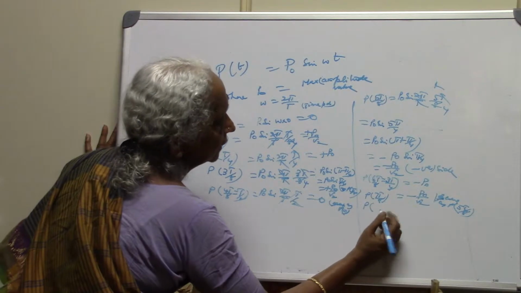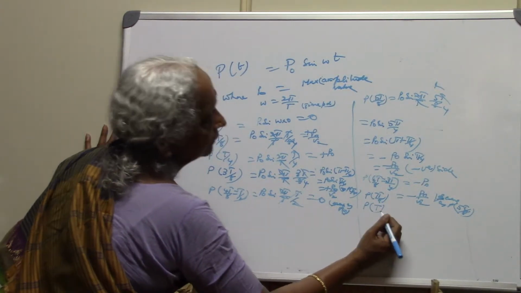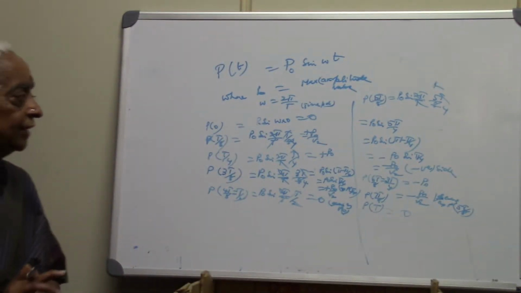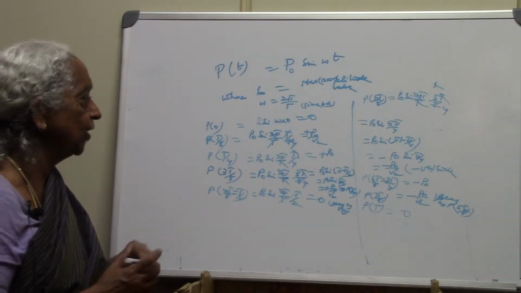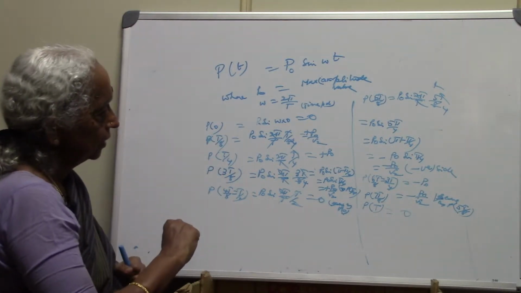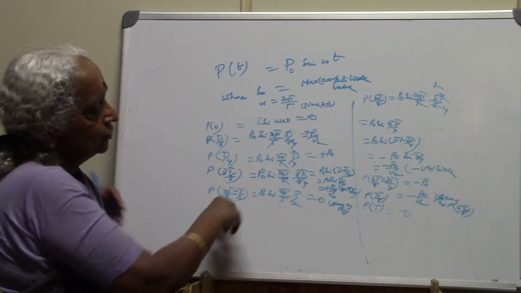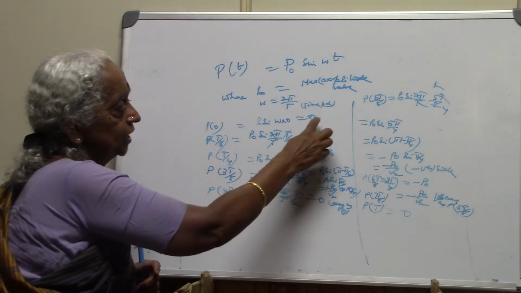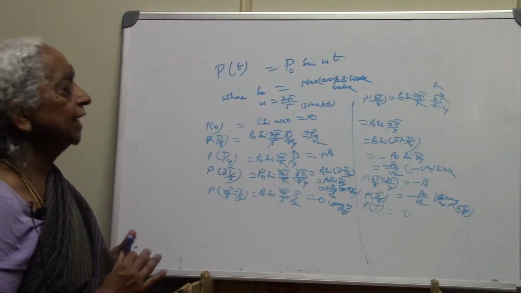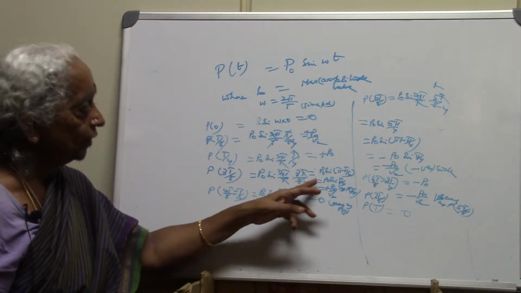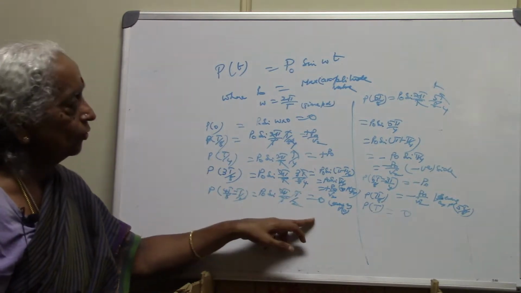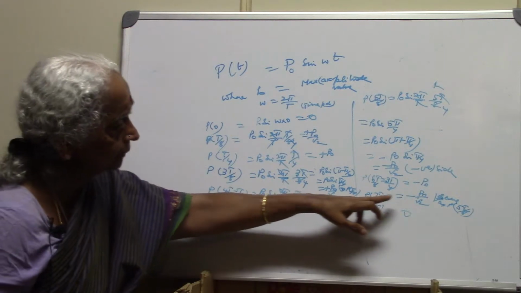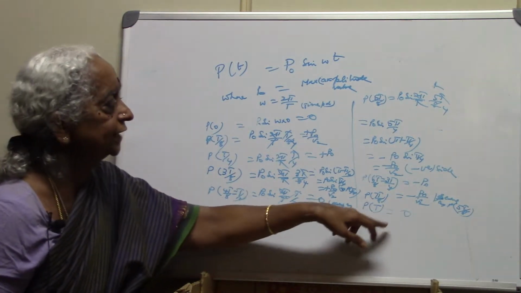And then P at 8T by 8, which is T, will be equal to 0. So the signal voltage takes the value 0 at time t equal to 0, at t equal to T by 2 and t equal to T. At other values, it goes from 0 to plus P naught by root 2, then full P naught maximum amplitude, then once again P naught by root 2, then 0, then goes to the negative side, minus P naught by root 2, then minus P naught, and then minus P naught by root 2, once again 0.